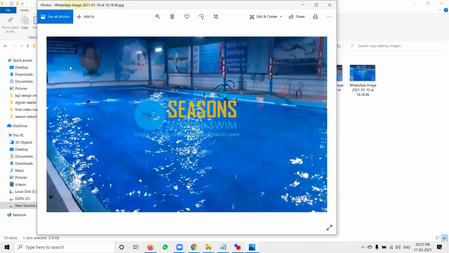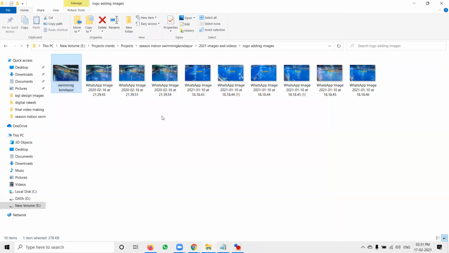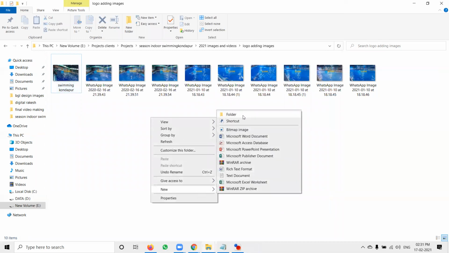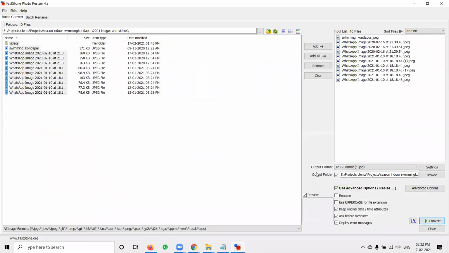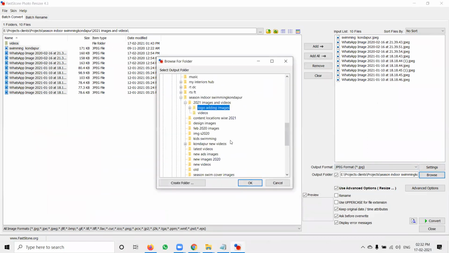This will add your particular logo. Suppose I want a second pattern. How can we use a second pattern?